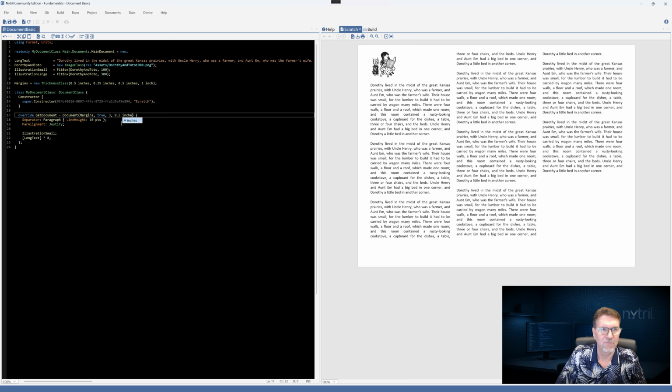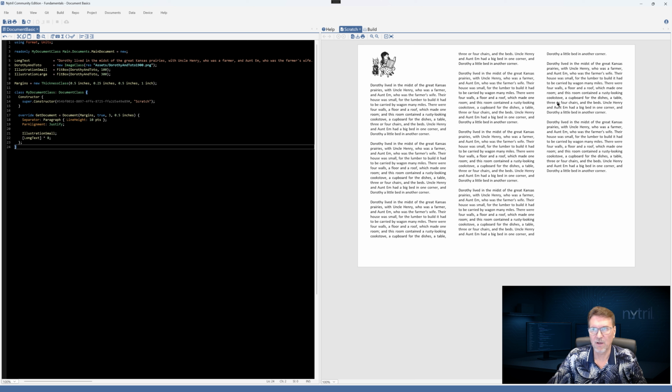And let's press F5. There we go. That's our call gap setting. That's straightforward. Now the next item in the list is gutter. And the gutter, we need a little bit more content on the screen to see the gutter.